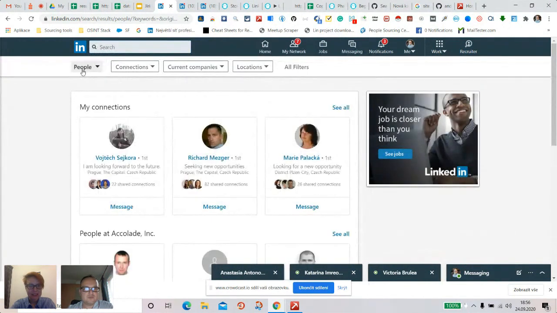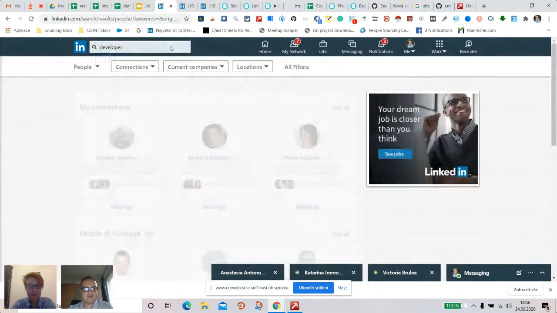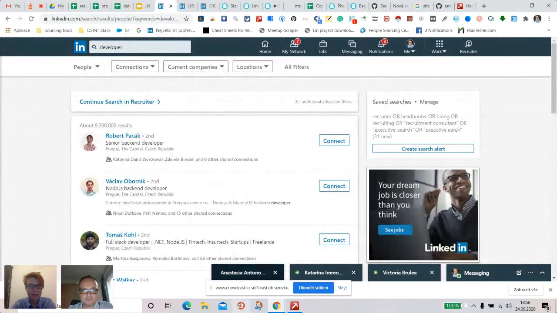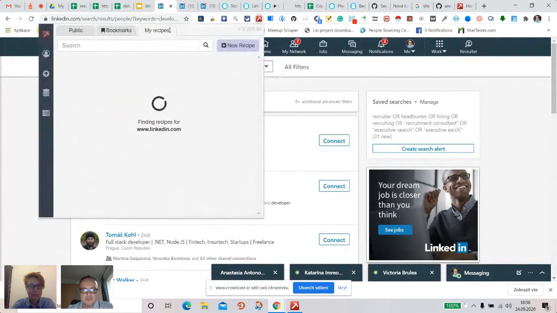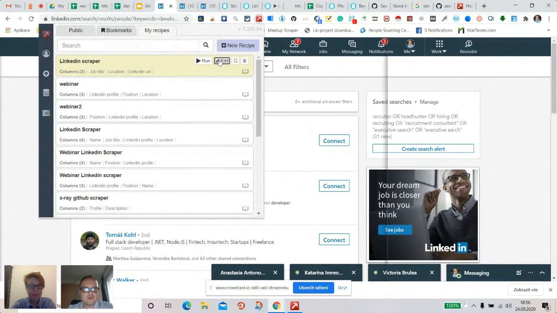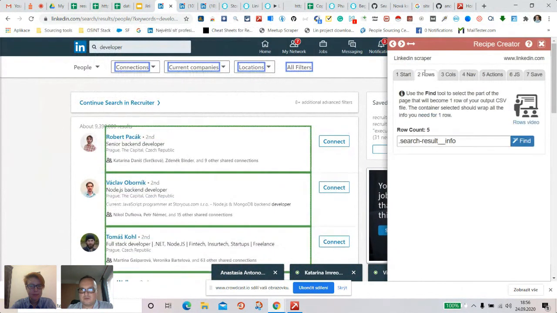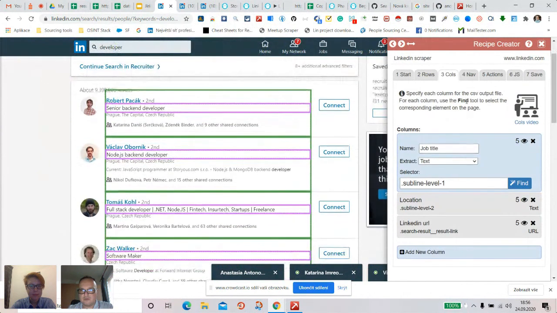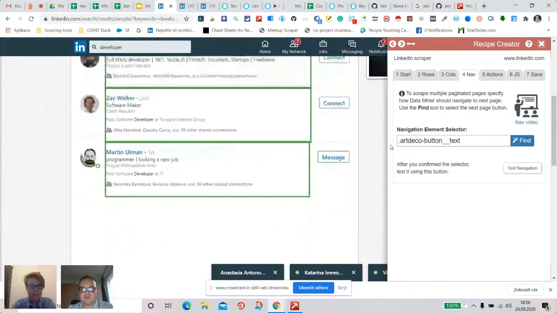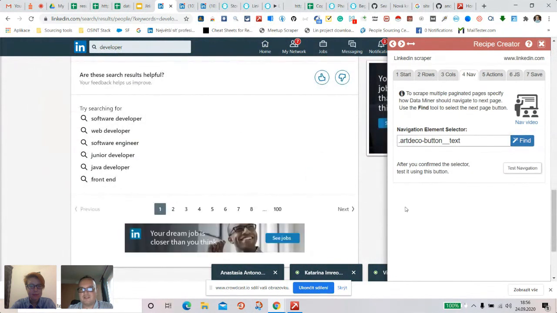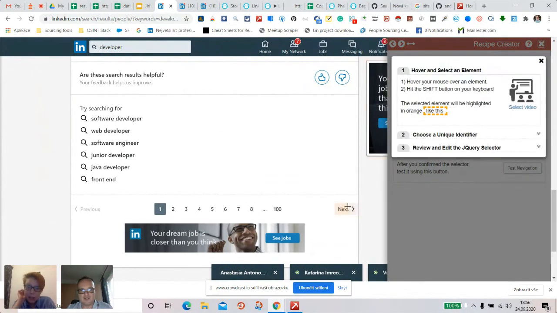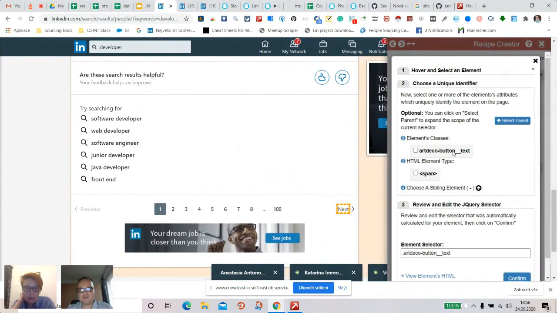Sorry, I'm interested in people. Go to any list and just click on the second page. Or let me show you. Let's go back to. The point is that if you want to scrape additional pages, you have to identify the next button, and you have to identify the element on the website, which in this case is